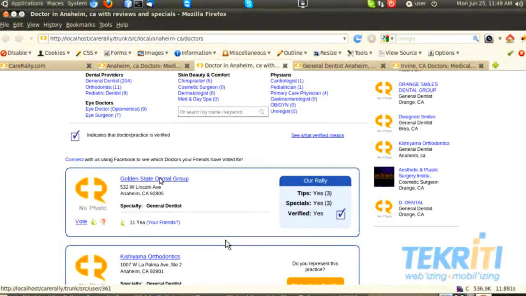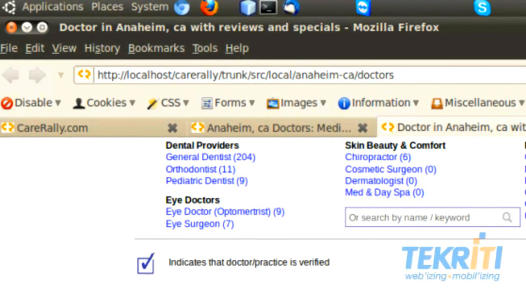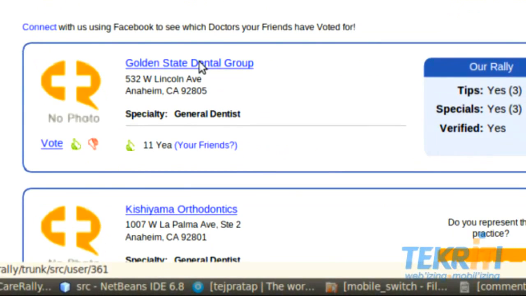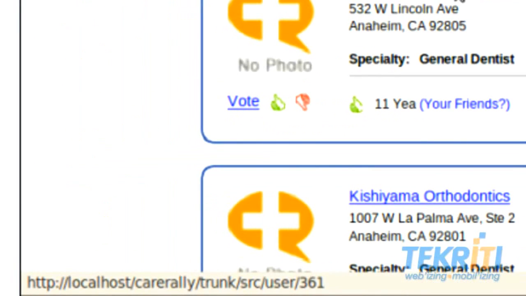To explain it in a better way, I am taking one of the sites that Chakriti has built as an example. When I am dragging the pointer to one of the profiles, then at the bottom you can see the URL of this profile page. In this URL you can see user/361, which is a unique ID for this web page. If you notice, this URL is not giving any information about the web page, so we are taking this URL for the aliasing process.